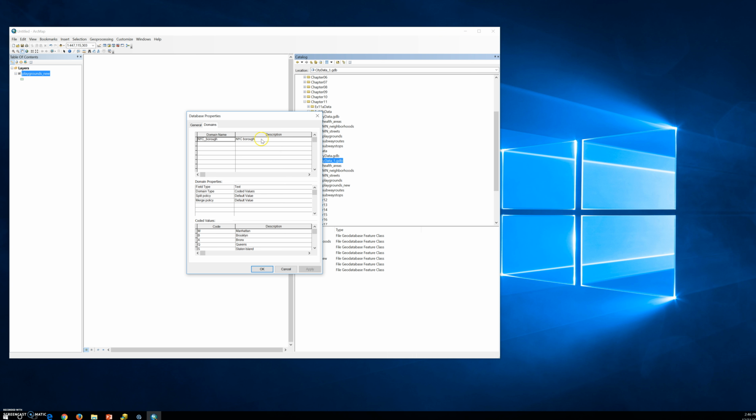And it's already typed for us. And we're going to the first cell in the description column and type NYC Borough. It's already typed for us, and I think this thing is already being created, so we just go through it real quick. In the domain property list, the default field type value is long integer and the domain type value is